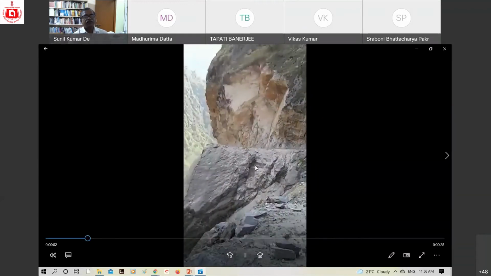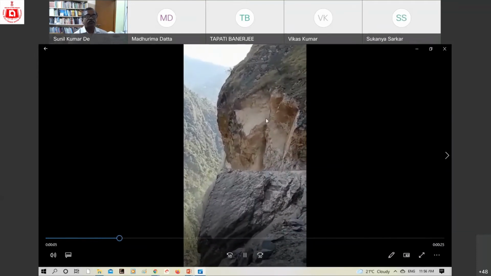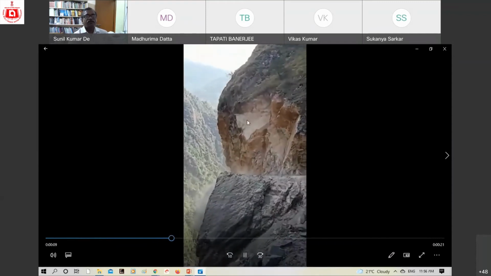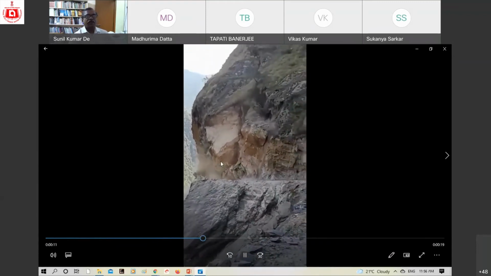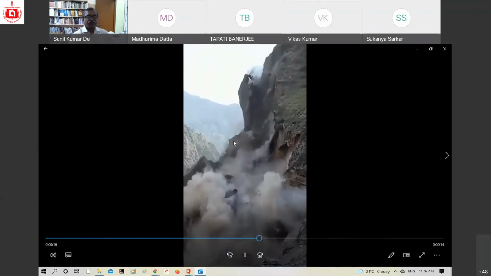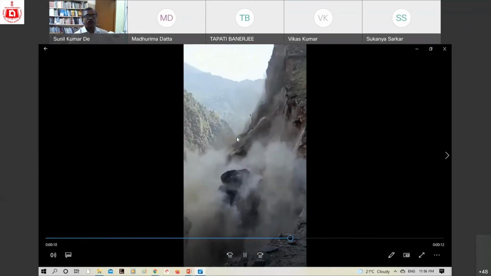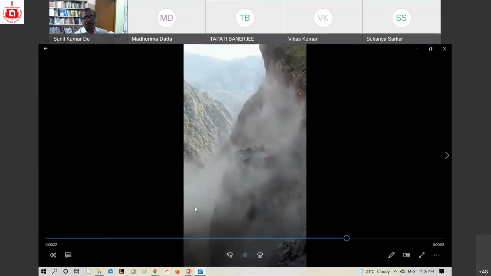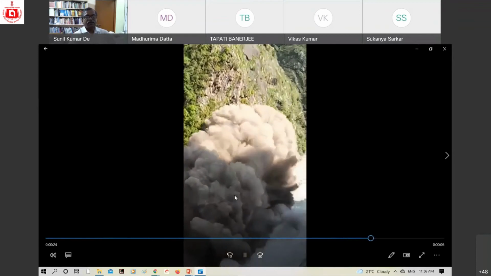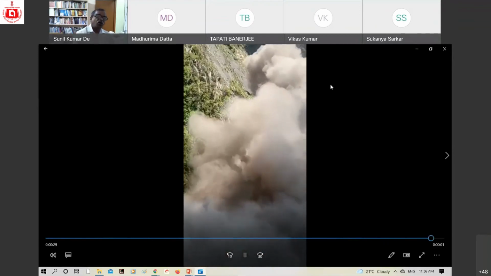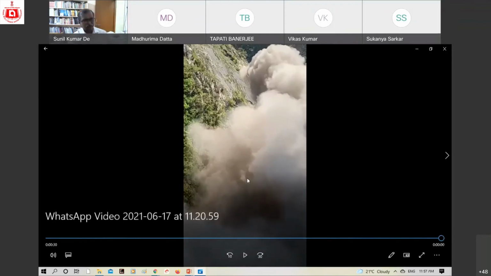Yeah, just see, the road was constructed along this vertical slope, almost a 70-80 degree slope. And see, the whole slope will come down. This is the latest photograph of the Devprayag region. Now, for example, you are crossing the road and this falling is taking place. These materials are going down the river. And just imagine how much sediment will be supplied to the river. And naturally, the whole slope is modulated due to this landslide event.